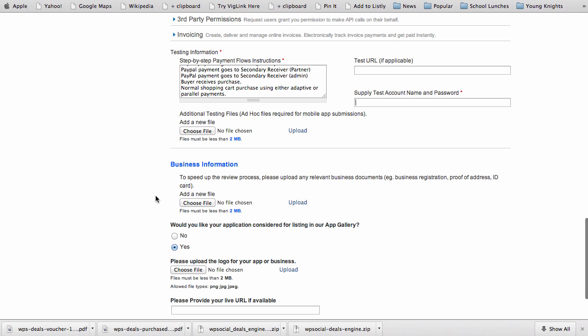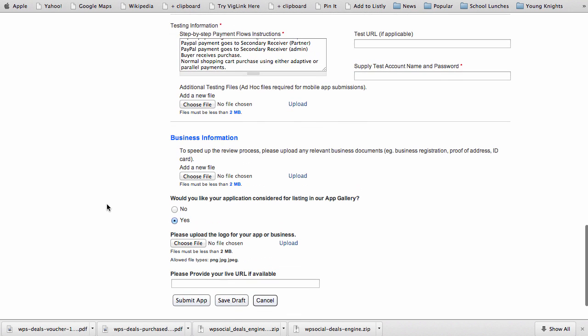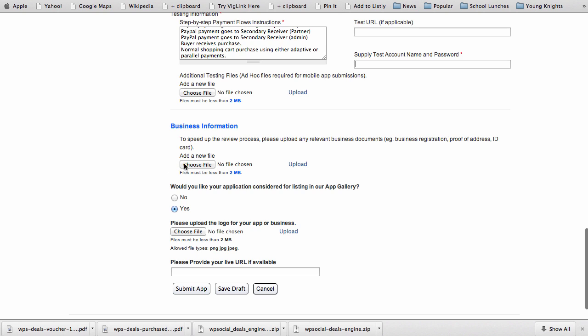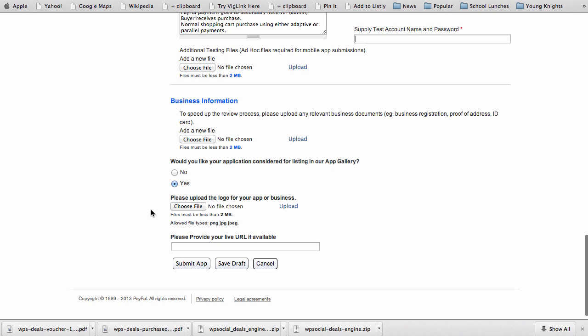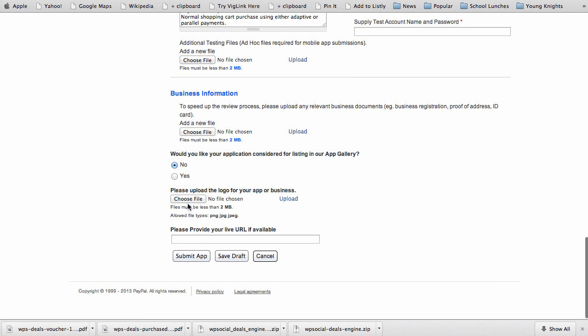Then down here you can add in any kind of proof of business registration, ID card of yourself, whatever. I usually just use a driver's license or ID card here and upload it in. And would you like your application considered for listing in the app gallery? I normally say no. And then you can upload a logo for your app or business, but you do not need one. And then provide the live URL to the site, your main domain name here, and click on Submit App. And when you click on Submit App,